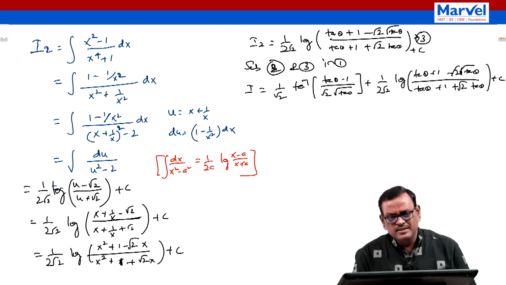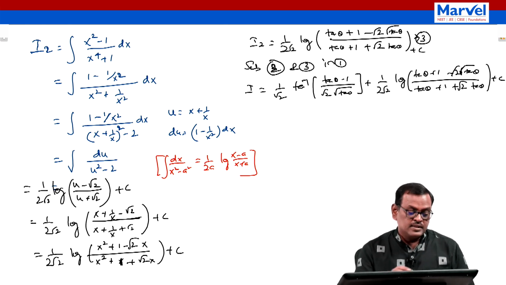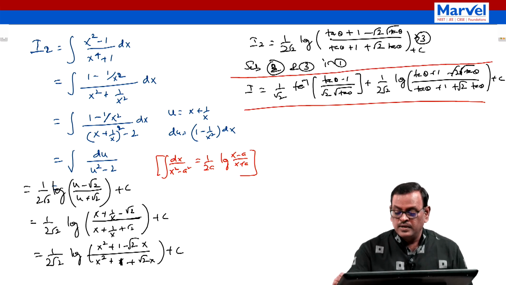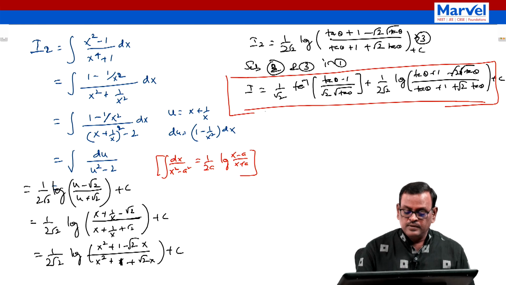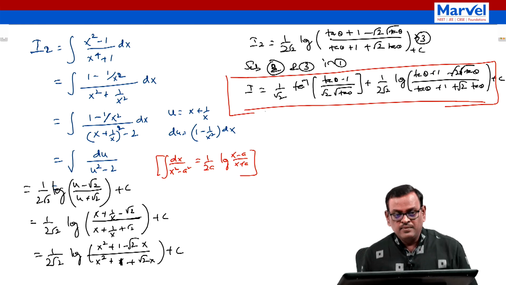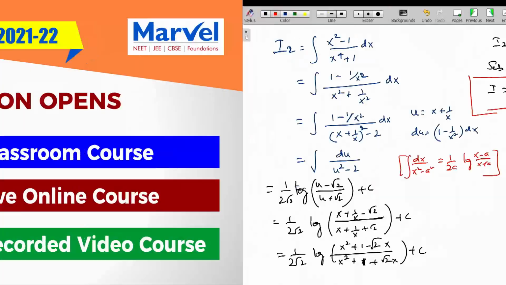One of the very lengthy 6-mark questions in integral calculus. So wherever a larger sum is there, split into 2 terms, I1 and I2. Evaluate I1 separately and evaluate I2 separately, then substitute in the expression I equal to I1 plus I2. This is one of the very important 6-mark questions in integrals.